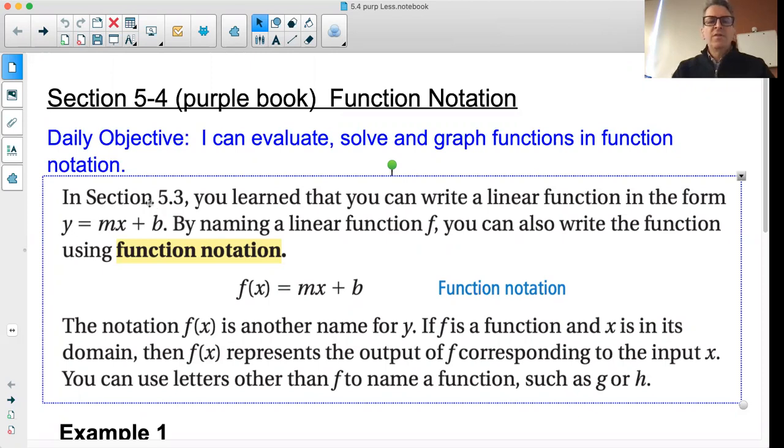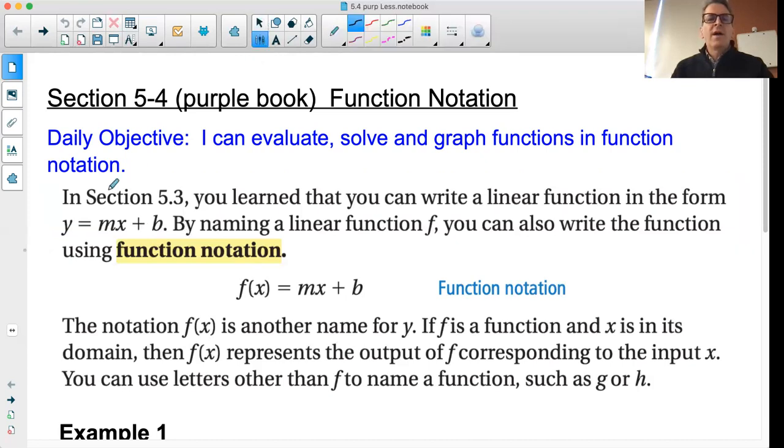So in section 5.3, you learned that you can write a linear function in the form y is equal to mx plus b. So we've been working with slope intercept since the beginning of the year. By naming a linear function f, you can also write the function using what is called function notation. So if you take a look at what I am putting a circle around here